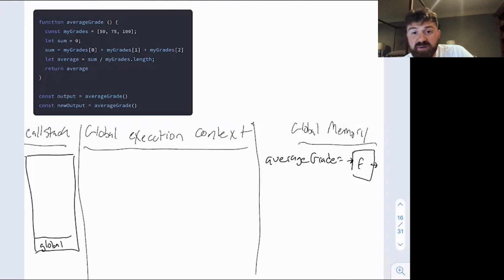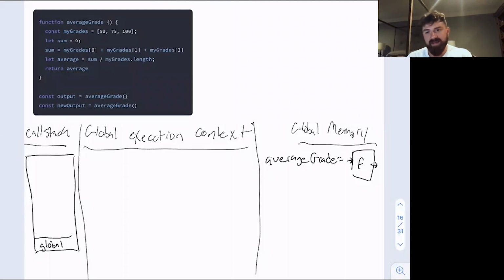When JavaScript sees the function keyword, it actually does not even enter the body of the function until you tell it to be invoked. Until the moment you tell it, hey, JavaScript, I want you to actually run this function, it doesn't even look inside the body. What it does is save its function definition. What that really means is it saves the set of instructions in memory,